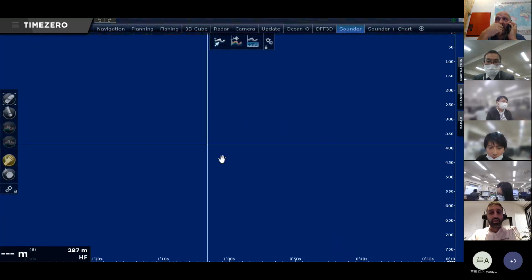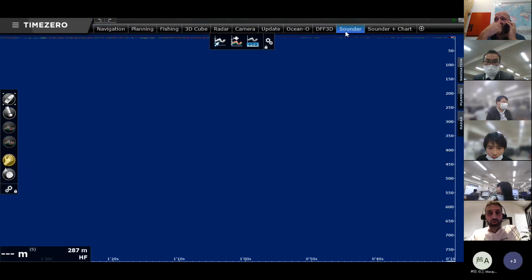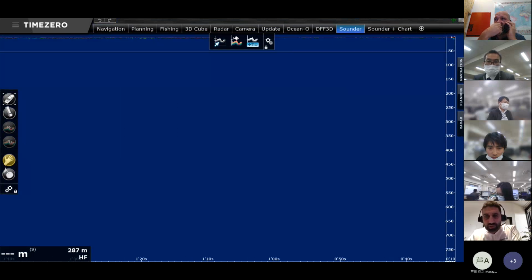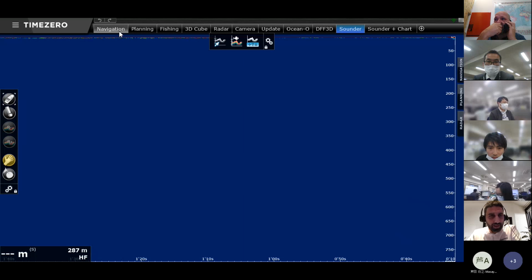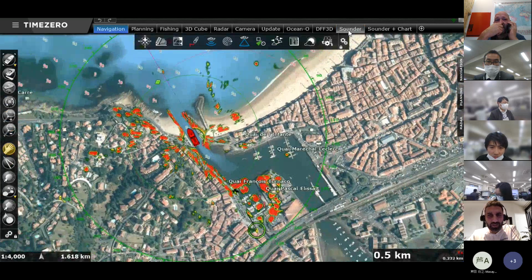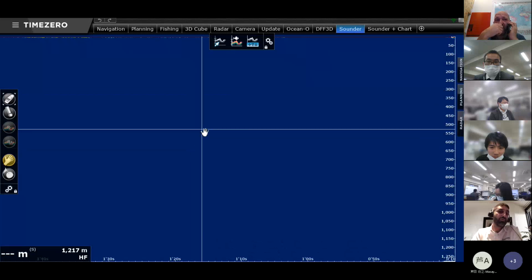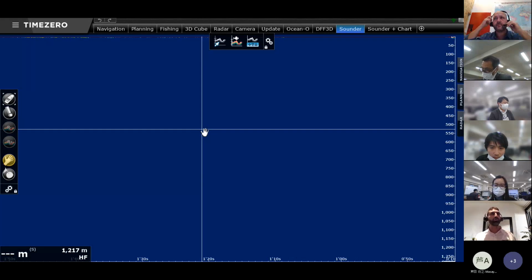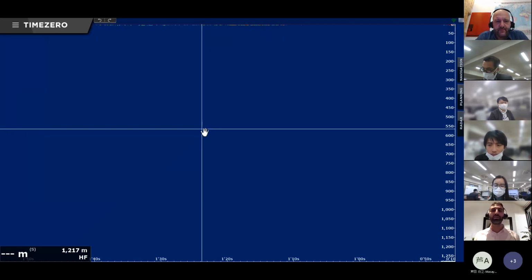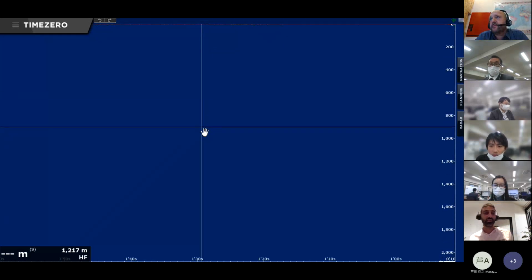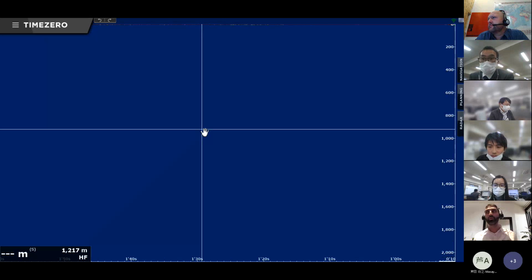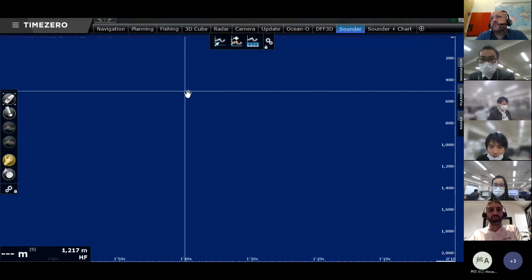So basically, when you go to the sounder workspace, and here, because I'm still in the port, I don't have any good sounder image, but it will come a little bit later. You will have an exact replica of what is seen on the Furuno sounder. So we are compatible with Furuno Ethernet sounders: DFF1, DFF1 UHD, DFF 3D, but it's a little bit different, BBDS1, FCV 1150. With all these Ethernet sounders, you have the possibility to have this sounder picture integrated.